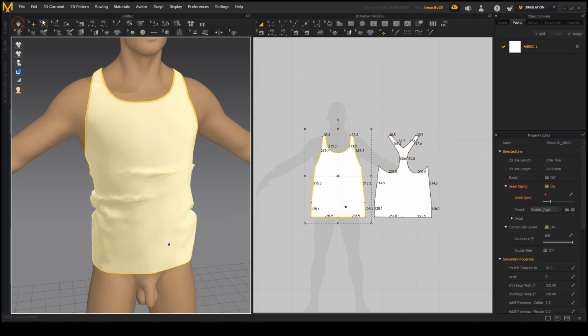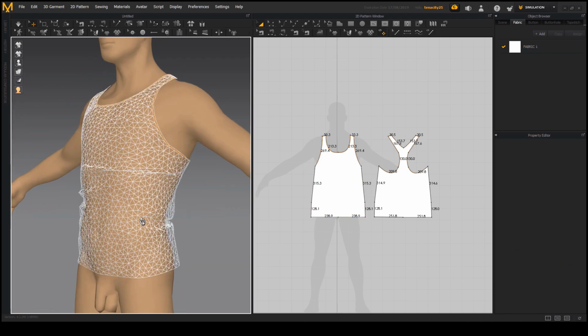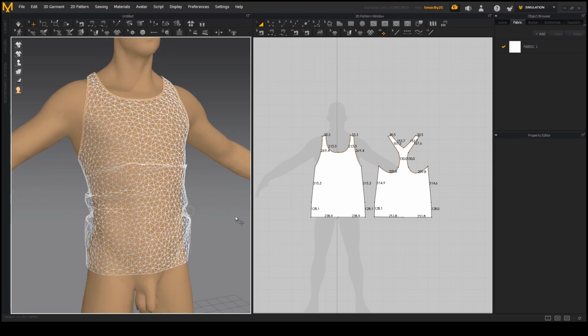If we turn off the simulate and if we go to our textured surface here, this option, we're gonna see that there's a meshed option here, which will allow us to see the wireframe. If you click on that, you see how you could see the wires. So right now, this is not a lot of polygons. If you want to see more folds, what you could do is you could